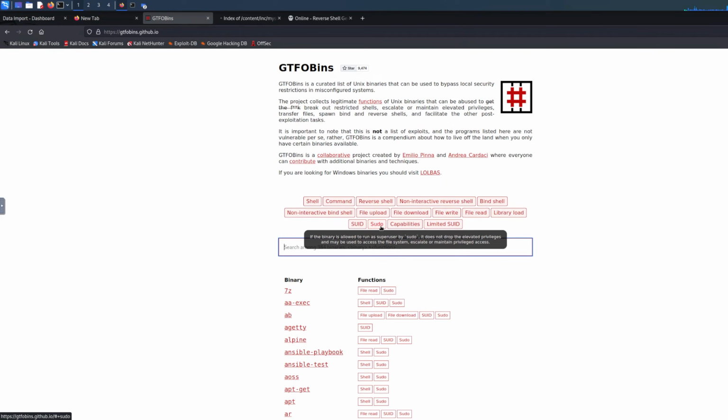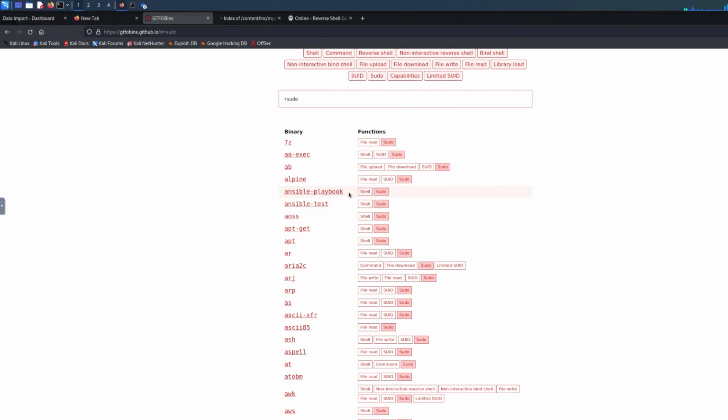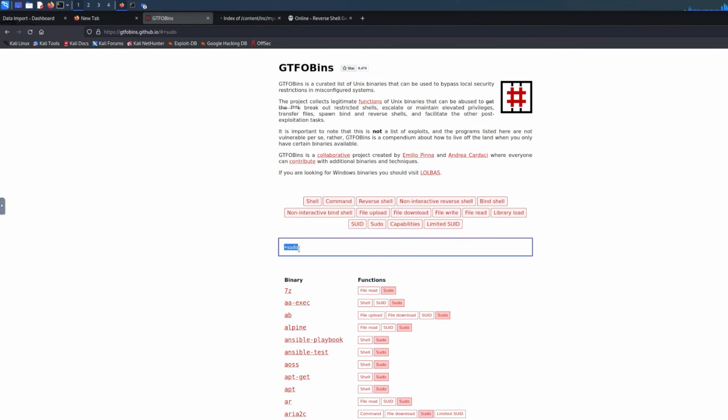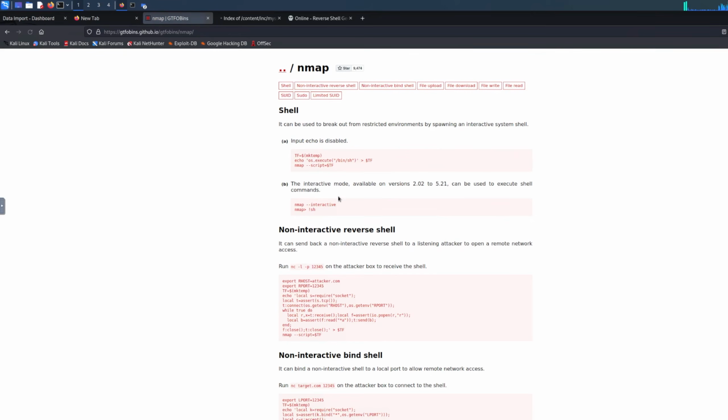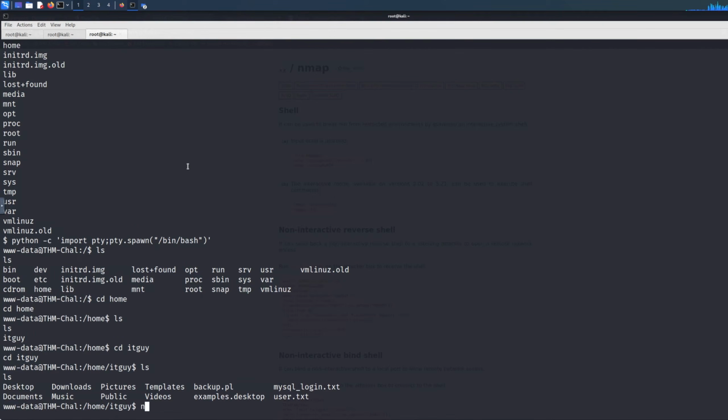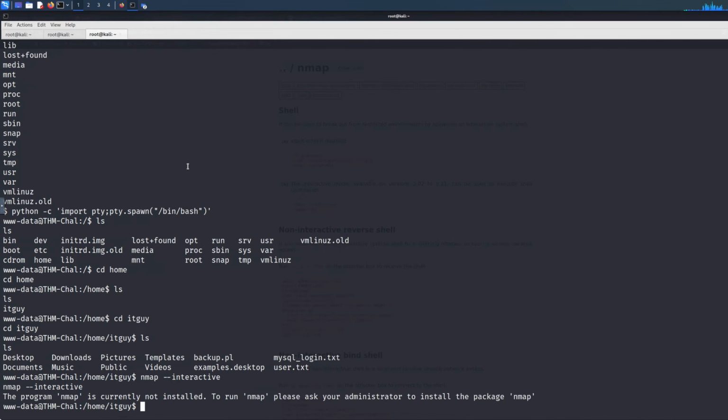So if you go to sudo, for example, actually I want to show you. Nmap allows you to get an easy shell by running nmap interactive, but we don't have nmap installed, because if you do nmap interactive, as you can see, it needs to be installed. However,